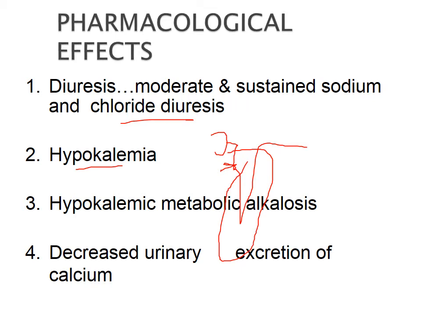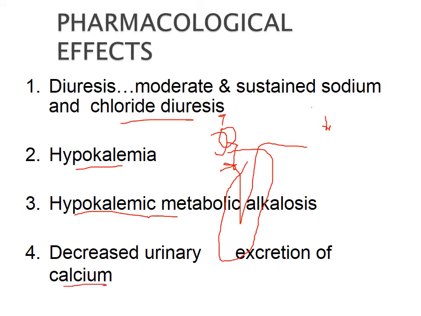hyponatremic, hypokalemic metabolic alkalosis. All the diuretics are basically causing a decrease in the level of sodium and potassium. Along with that, they are also losing hydrogen ions, leading to alkalosis. Acetazolamide is the exception at that point, which causes acidosis. Now, as I said, that is basically hypokalemic metabolic alkalosis, because they are losing the potassium and the sodium. They decrease the urinary excretion of calcium.